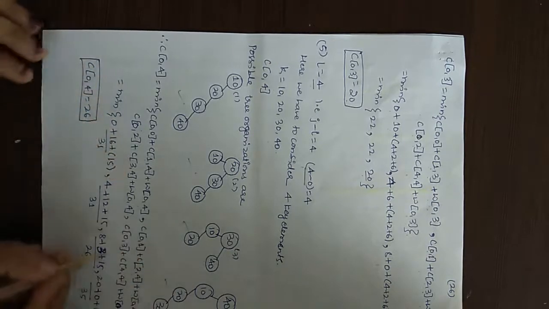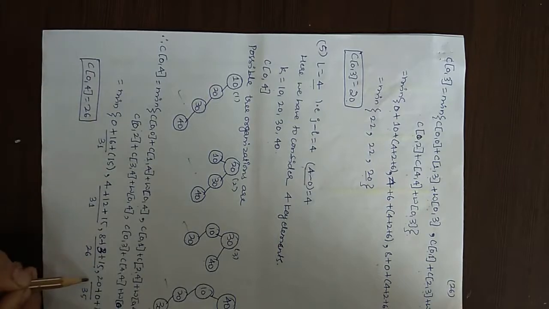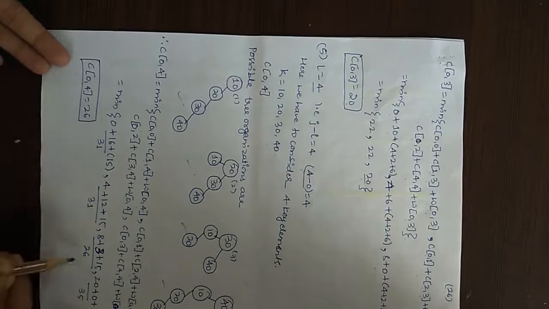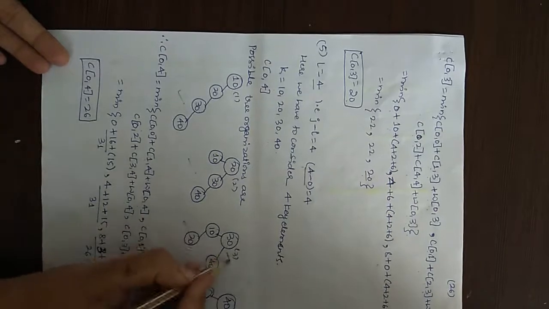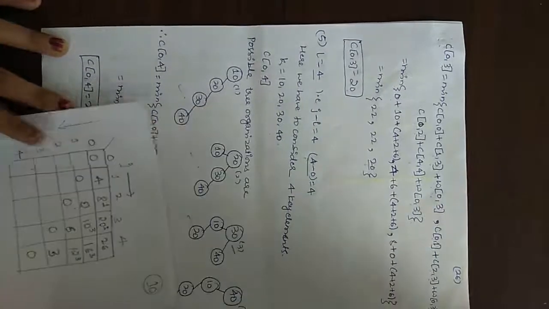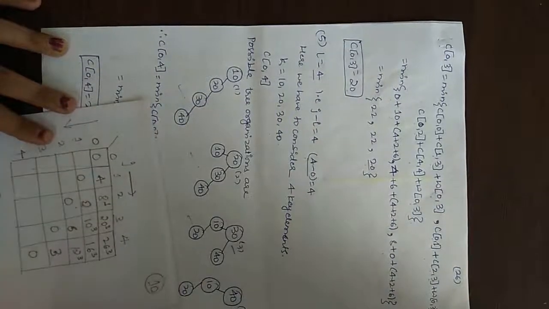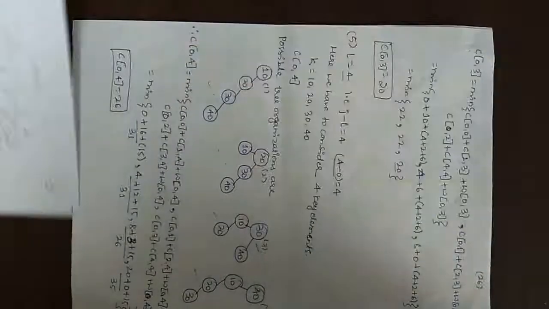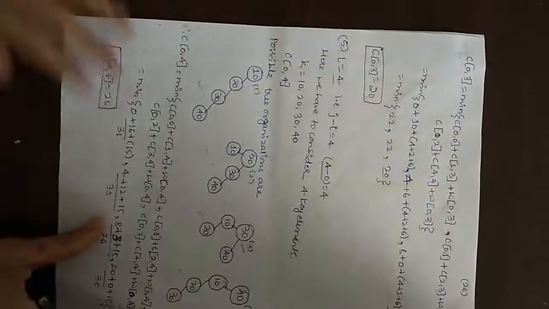Like this we are writing here, substituting the values which we have got, and the minimum got here is 26. 26 is from the third term, 3 is the root value. So C of 0 comma 4 is 26. Who is the root there? Root is 3. So same terms we have got here, which I have filled in this table. So now the problem is not still over.